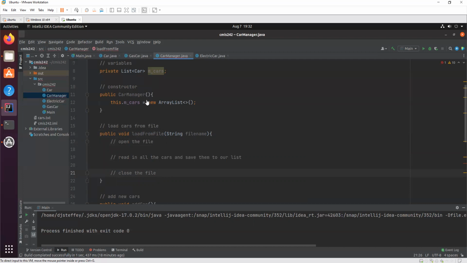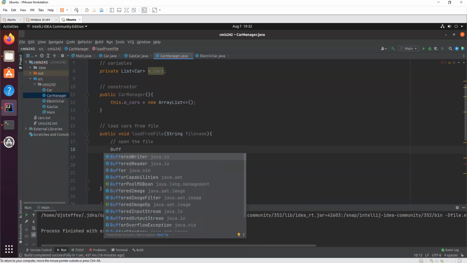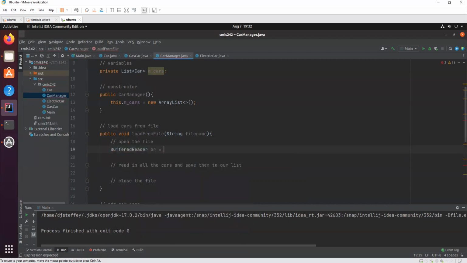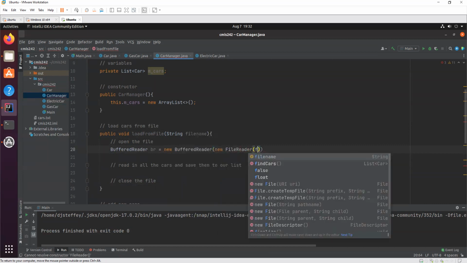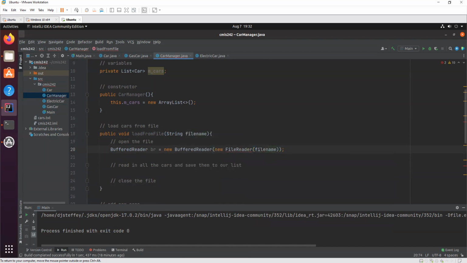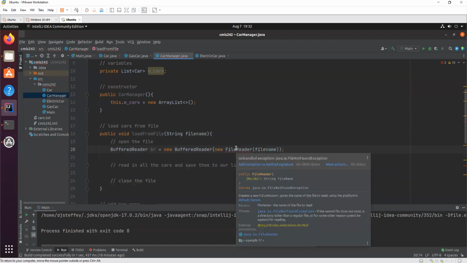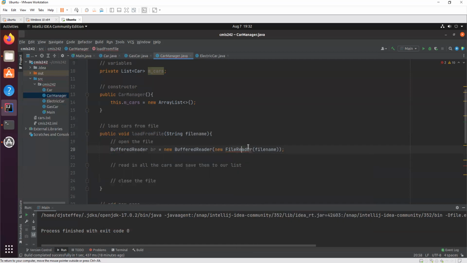So let's start by opening a file so we can read from it. To read from a file, really the easiest way, in my opinion, is to make a BufferedReader. And you make it like this. A BufferedReader is a new BufferedReader, new FileReader, and then the file name. That's right. Yep. Handle exception. Exceptions were covered in your material. So we'll just say it throws a new Exception. There we go. Exceptions were covered in your modules. We won't talk about them too much, but you can ask if you need more clarification.